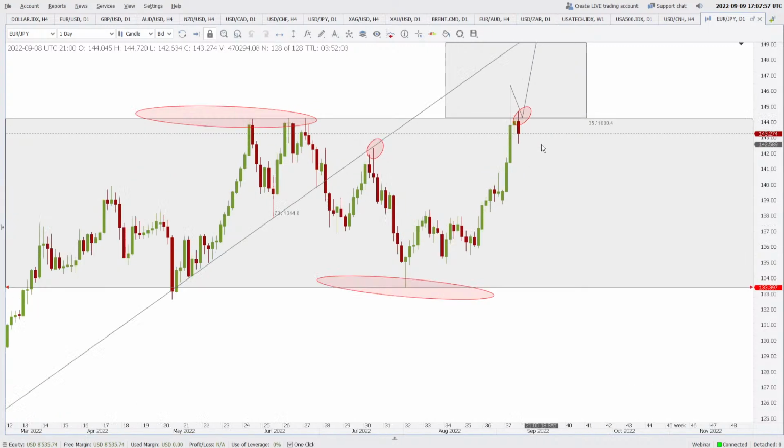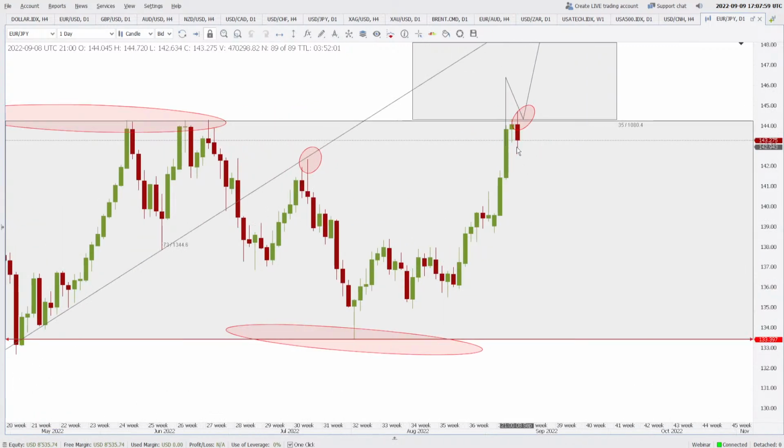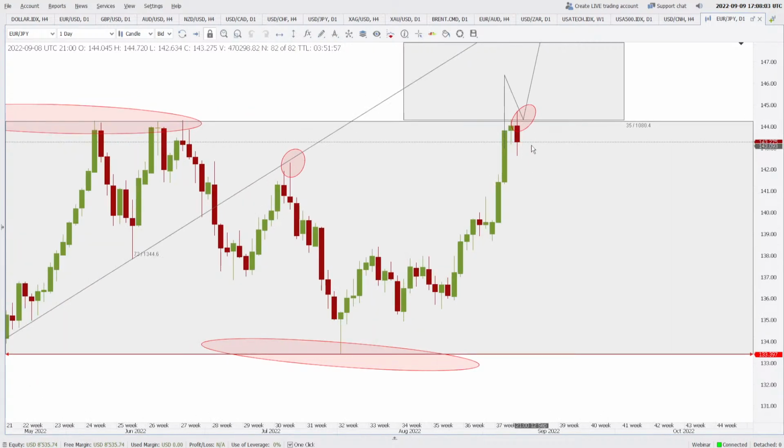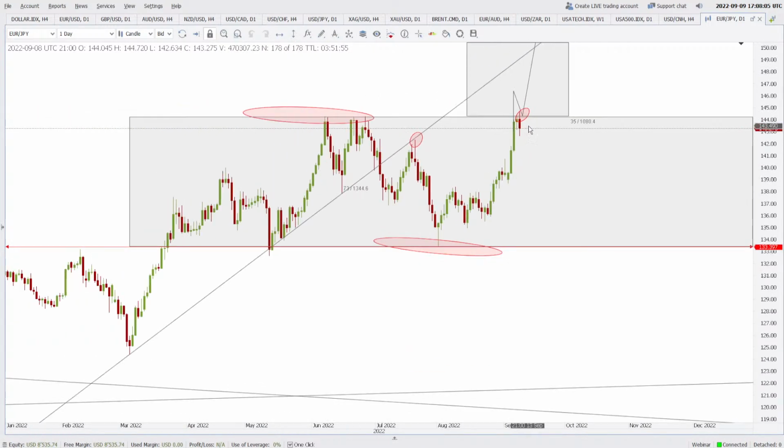So this is a bearish engulfing at the resistance. What do you think is going to happen after this? If we see a bearish engulfing at the resistance, what's going to happen? Well, the price can go to the lower range at around 133.39. It can start at least moving towards that.